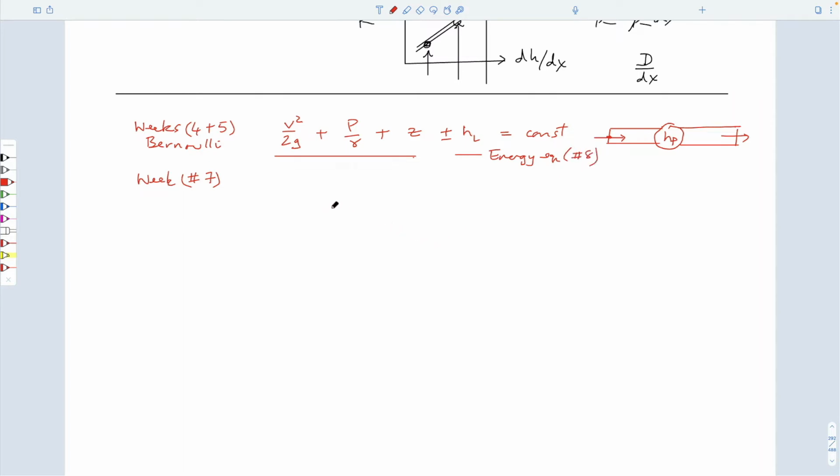So if you look at 7, this is the conservation of momentum. It was the sum of the forces in some direction equal to the sum of velocities times mass flow rates, and we could describe this behavior based on this. And then last week,